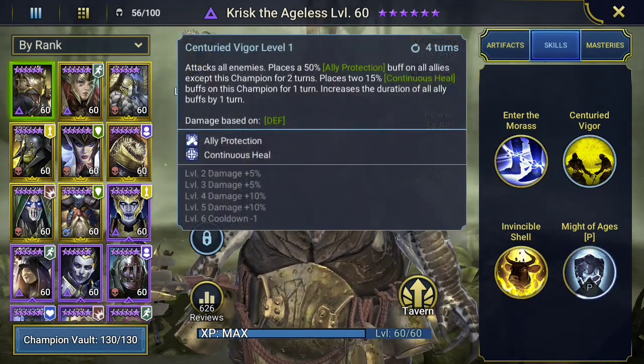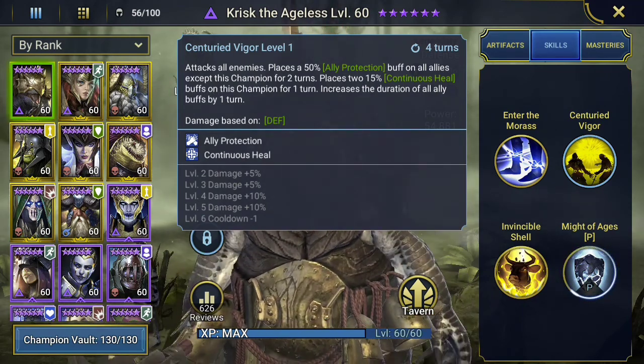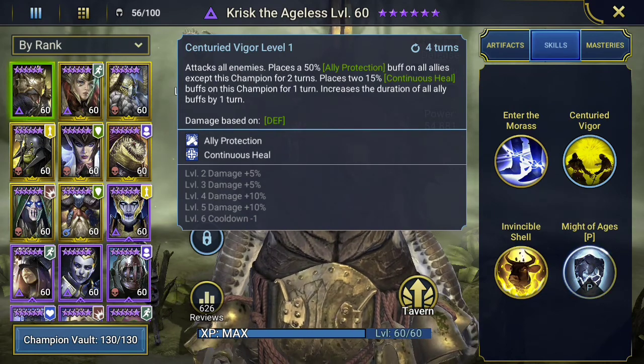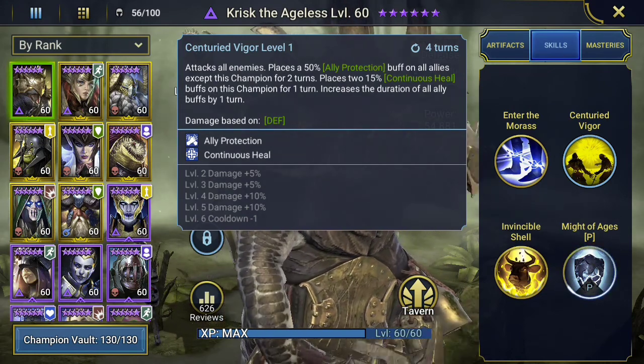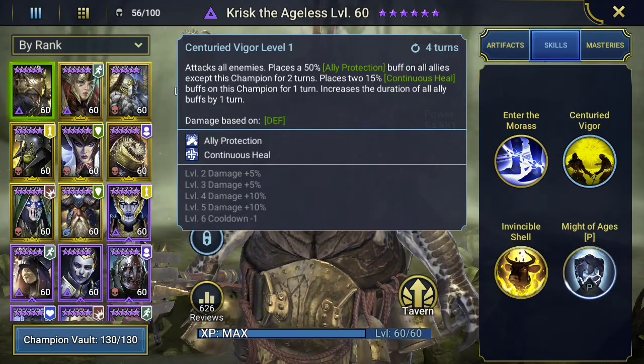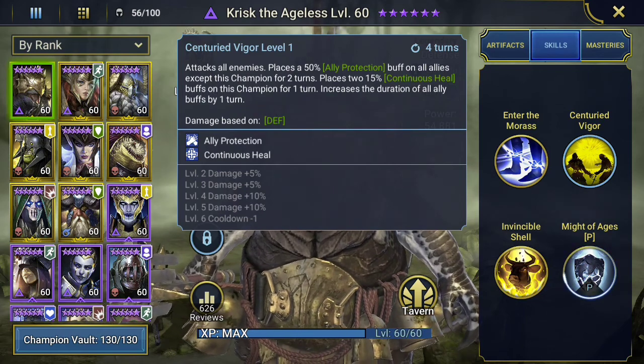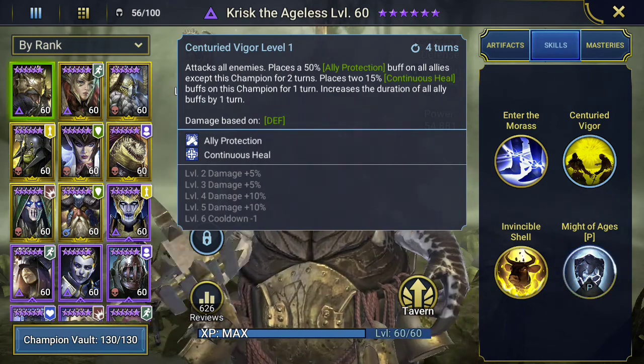His A2 attacks all enemies, 50% ally protection, and a 15% continuous heal on him for 1 turn. That would be one reason to use lasting gifts, except for the fact that it increases the duration of all buffs by 1 turn. So he actually gets 2 turns on that 15% continuous heal because it places before the